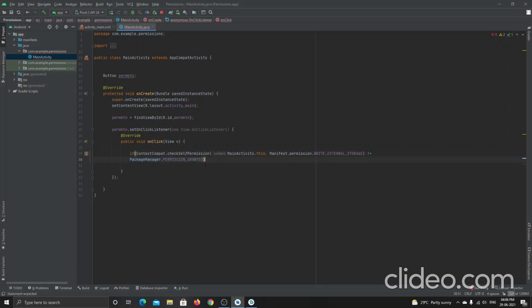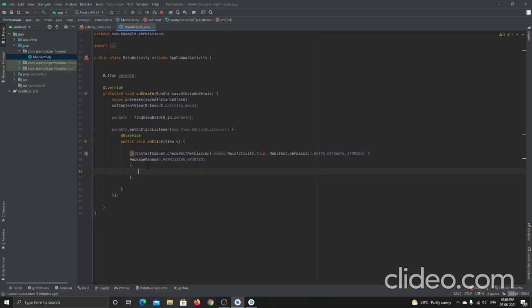If the permission is granted, then it doesn't get inside the if loop. If there is no permission to access, read, or store data in the application, then only it should go inside this if loop.